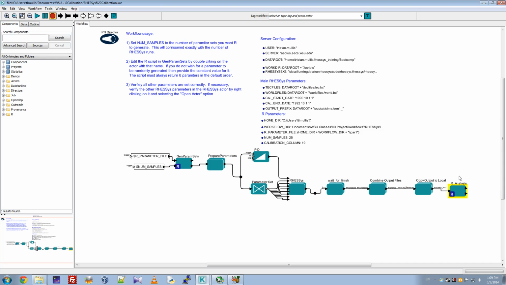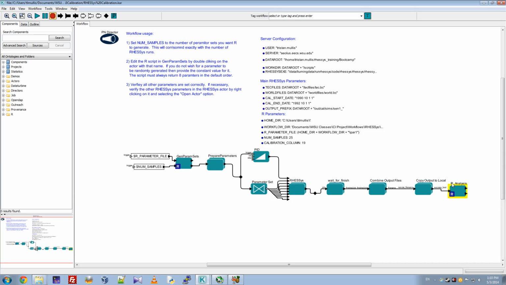But this step will need to be refined. Currently, this is the script that was actually used on the remote system, so I'm sure it can be rewritten and better utilized to fit within Kepler, because there are several graphical displays you can use. And it should be possible to develop, I would say, almost a fully automated system where it can feed back into the beginning R script and tell it how to adjust parameters once you figure out how you're going to perform